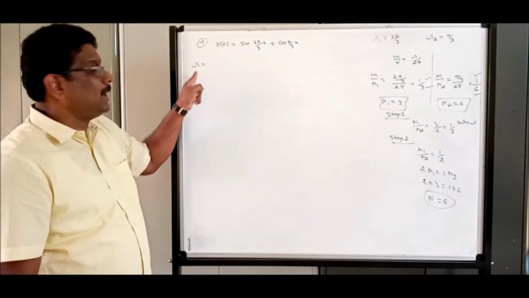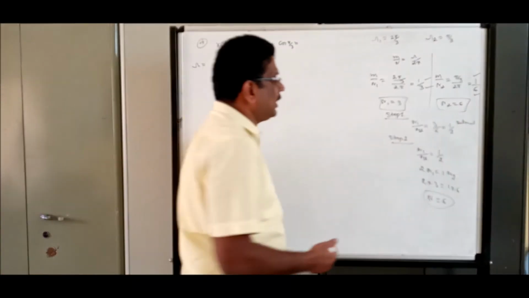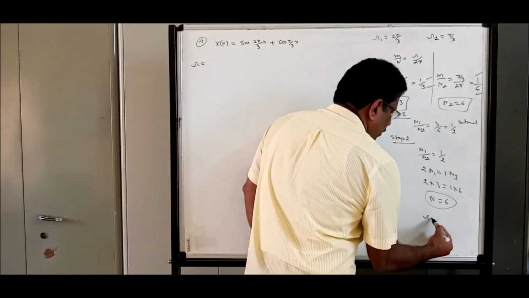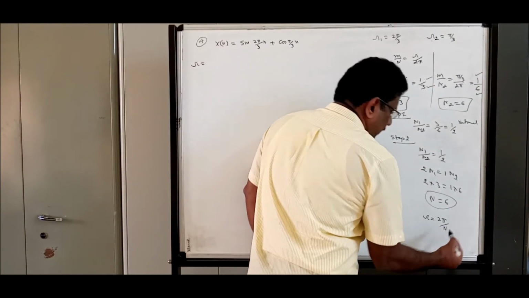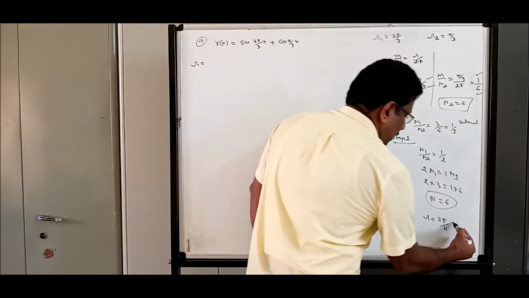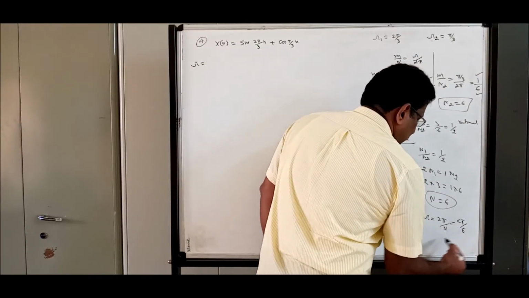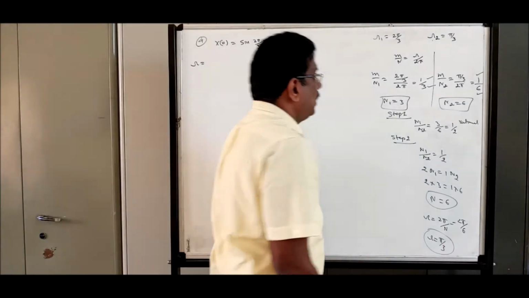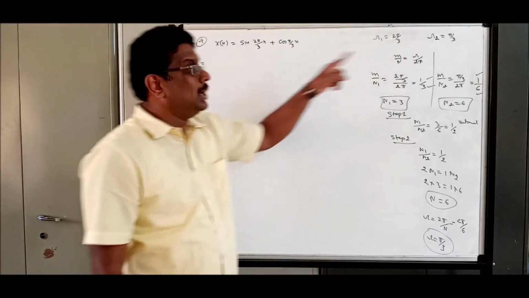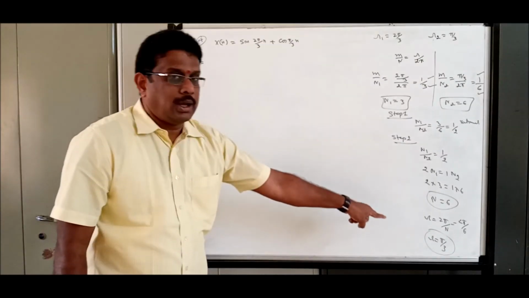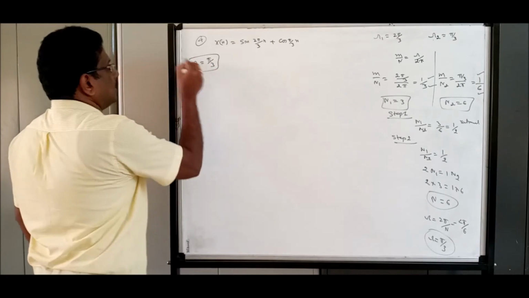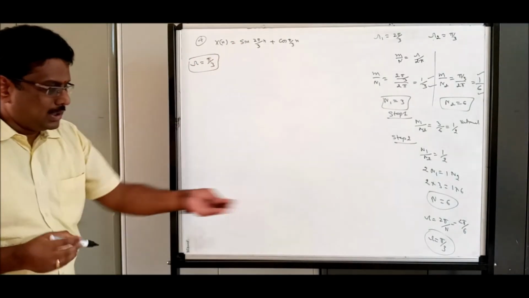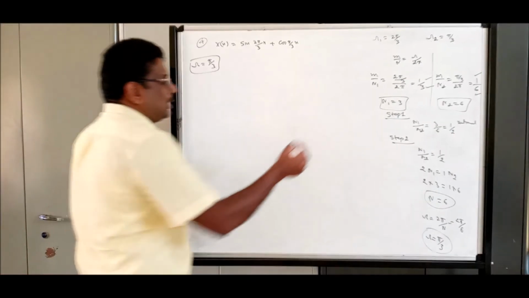But remember, I need a final omega. Again, we can just do omega is equal to 2 pi by N from the general concept 2 pi f. So it's nothing but 2 pi by 6. So your omega is nothing but pi by 3. Remember, these two omegas are your individual omegas. This omega is the common omega. So this is the important concept. This is all we learned in the periodicity topic in the beginning sessions, very long back.